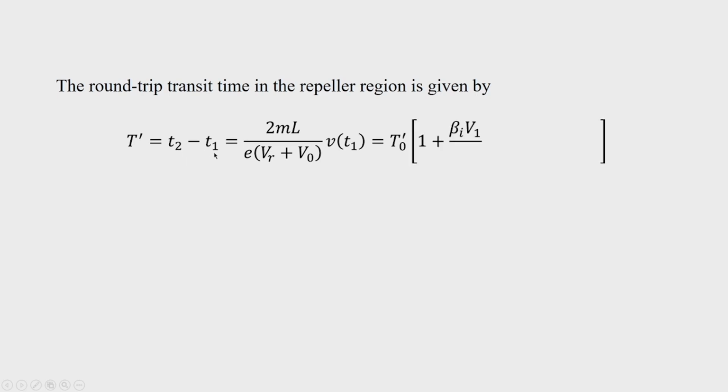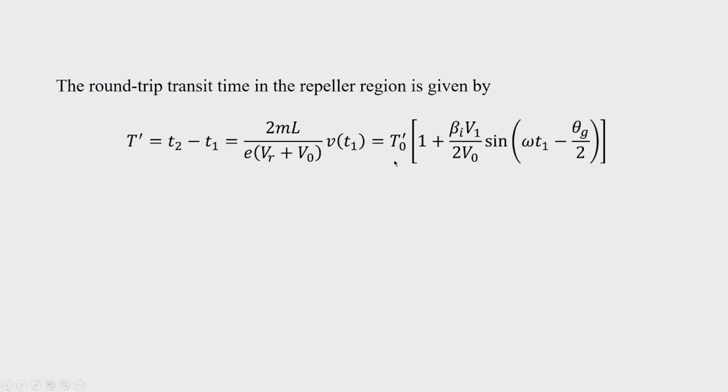Now, the round trip transit time in the repeller region can be given as capital T dash equal to T2 minus T1, and this can be found as 2 m L by E (V r plus V naught). M is the electronic mass, E is the charge of the electron, and V r plus V naught is the total voltage, multiplied by the velocity of the electron v t 1,